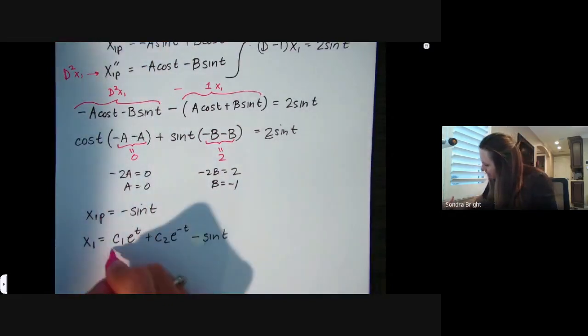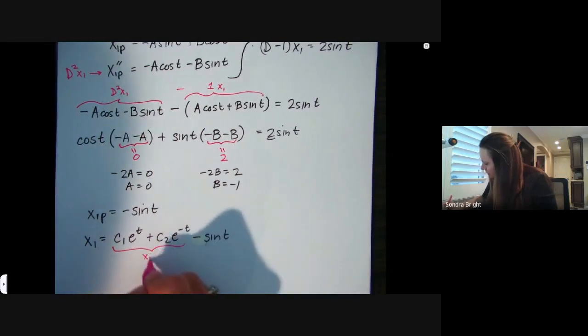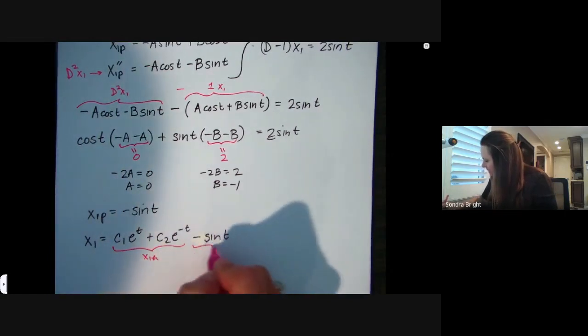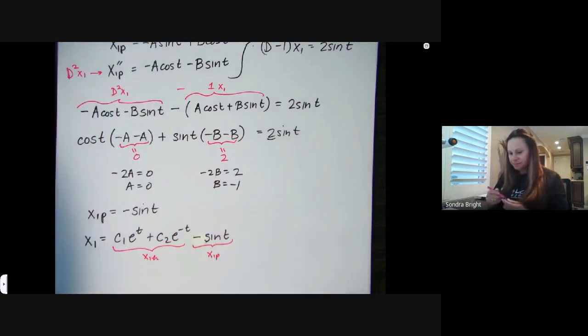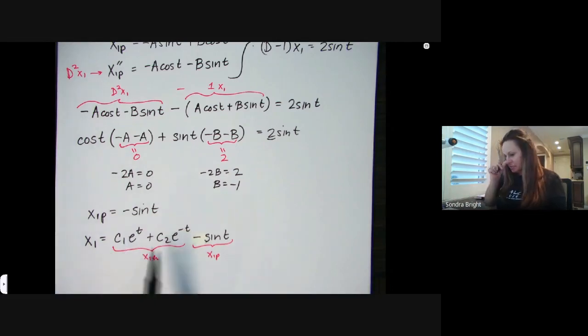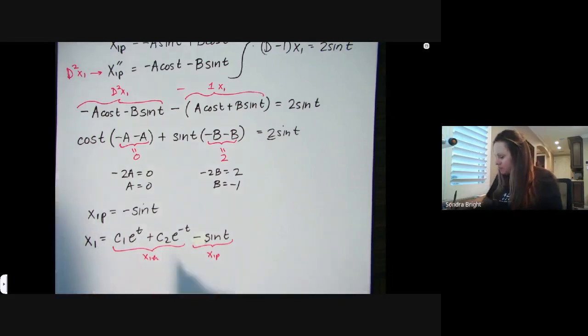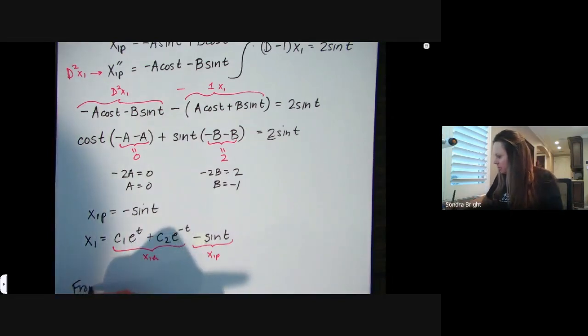And this part came from x1 homogeneous, and then this part is x1 particular. Okay, so we've got x1, nice. So far, this example actually gave us initial conditions also, so we're going to be able to solve for C1 and C2 in a few. All right, so now we want to solve for x2 as well, and from the first equation